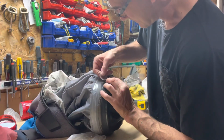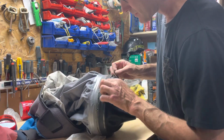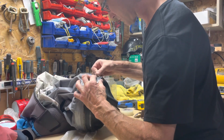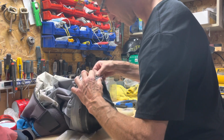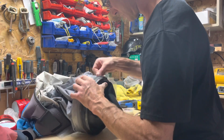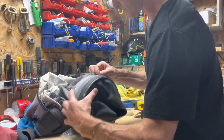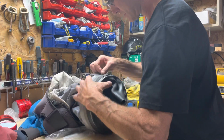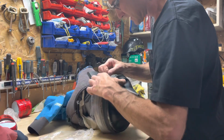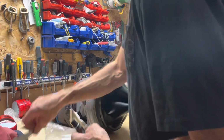So I'm going to be gluing to the, you'll see where I'm doing in a second. Okay, I'm happy with that. Let's do this one too a little bit. That's good. Feels nice and dry and clean, and the glue's going to bond. Now you take your Aqua-seal,